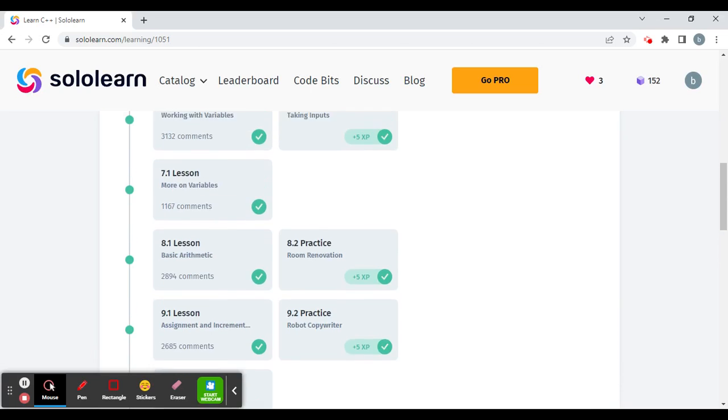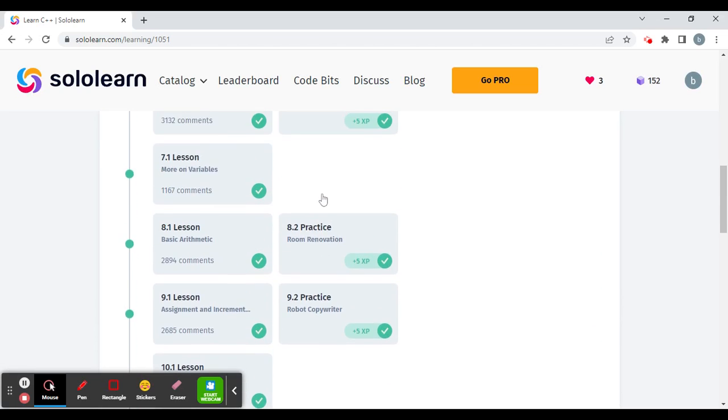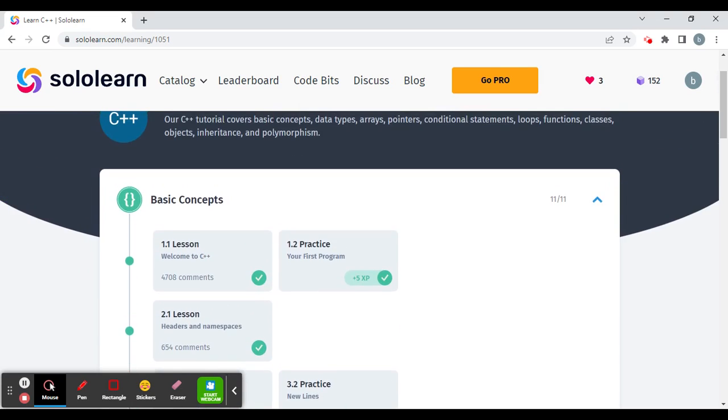As you can see, there are different lessons, and then there's a code project at the end. Also on the sides here are other practice coding projects, in a sense. We'll just do Welcome to C++ in this video. I'm not really good with English, so sometimes just to say a simple thing takes me too long. So I'll try to keep the video short, and maybe at some point I'll put them all together in case someone just wants to do the whole thing right through.